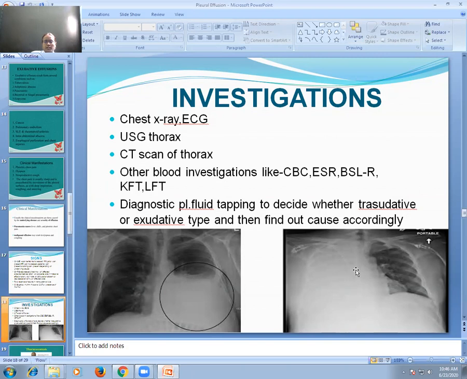If in X-ray there is doubt about pleural effusion, you can do ultrasound. So from ultrasound also you can confirm that there is abnormal collection of fluid in the pleural space. Once you diagnose that it is a case of pleural effusion, your aim is further to decide the underlying cause of pleural effusion. So we will discuss the remaining part